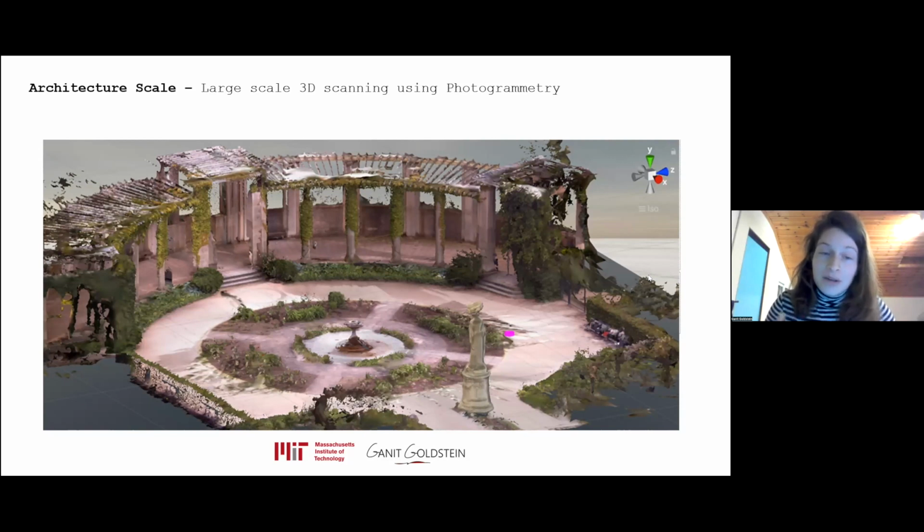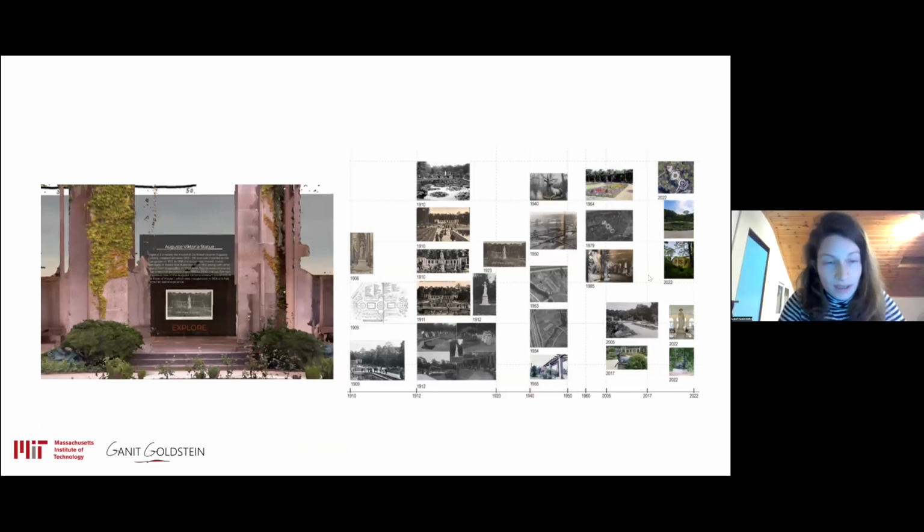But we also learned the historical references of the park in Berlin. This project was dealing with the changes that happened over 100 years of the Rose Garden inside Tiergarten. We made this workflow in the VR experience where you can see 100 years of changes in the garden and explore what it means.